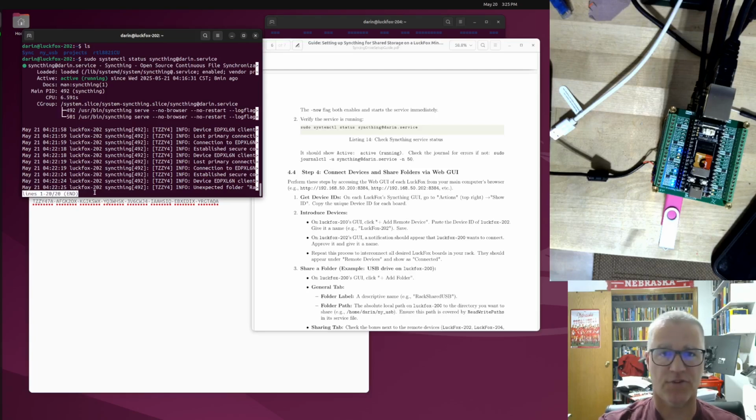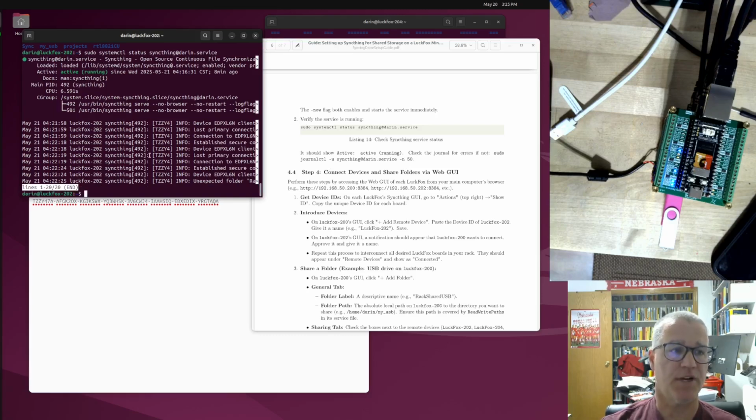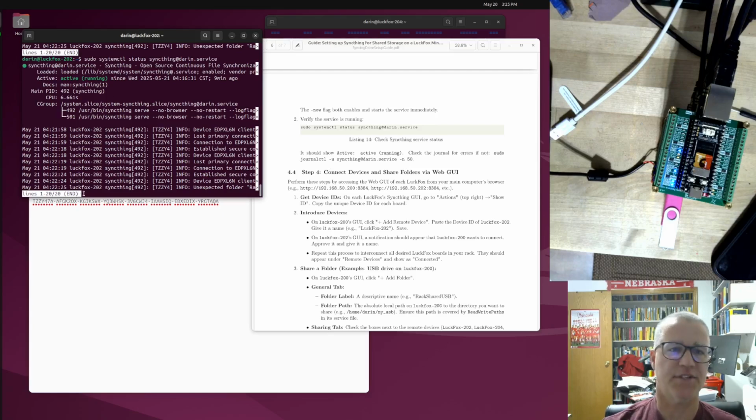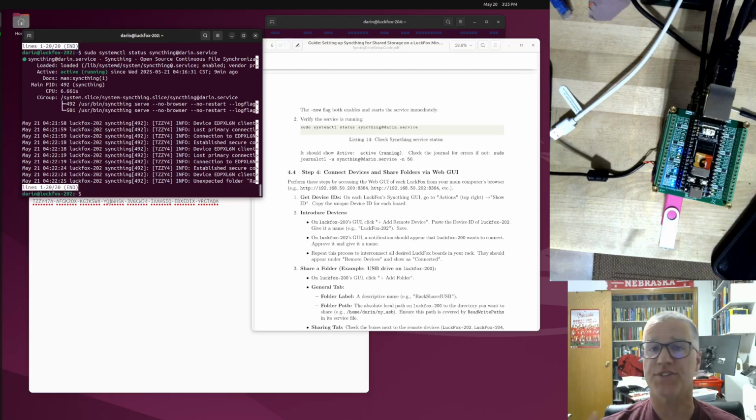So as you're following along, this is exactly the right sequence you want to get into here. So we are hung up here. We've started our service. We can close this. It's still going to be running. So let's check that. We can just run that command again, and it's still active. So we can close out of here. It doesn't stop the syncing. So what we need to do now is we need to make a directory